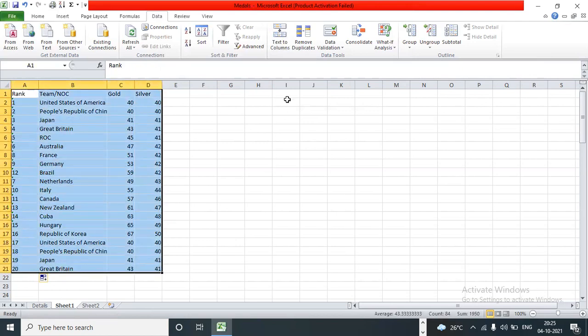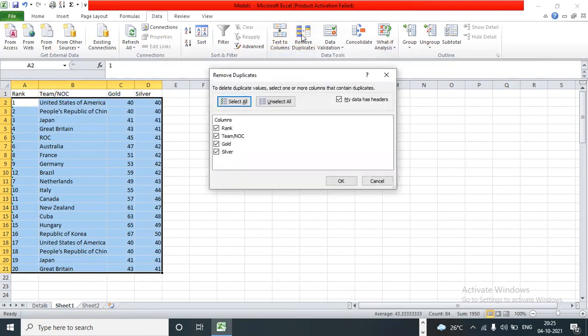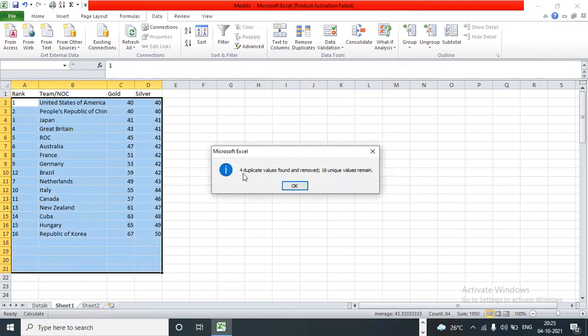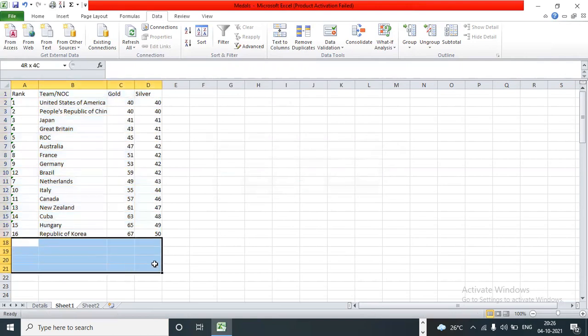So select everything, go back to the remove duplicates option. For which column are we looking? We are looking for team, correct? Yes, sir. Team, and if I select OK, what happened? The duplicates, there was some data over here which is gone. So we are removing the duplicates by just doing a click. If you want to do it manually for 100 rows, how much time will it take? It's a good amount of time, right?